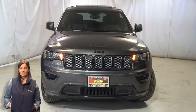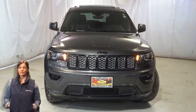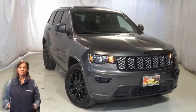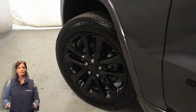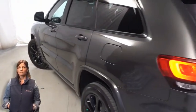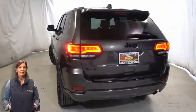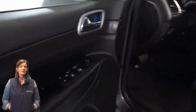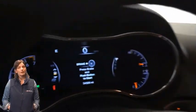Looking for a highly equipped SUV with all the right options and reliability? We'll take a look at this certified pre-owned 2018 Jeep Grand Cherokee Altitude in granite crystal metallic. With black headlamp bezel finish, front fog lamps, 20-inch aluminum wheels, gloss black Jeep badging, black lens tail lamps, power 8-way driver's seat, steering wheel mounted audio controls, 34,000 miles on the odometer,